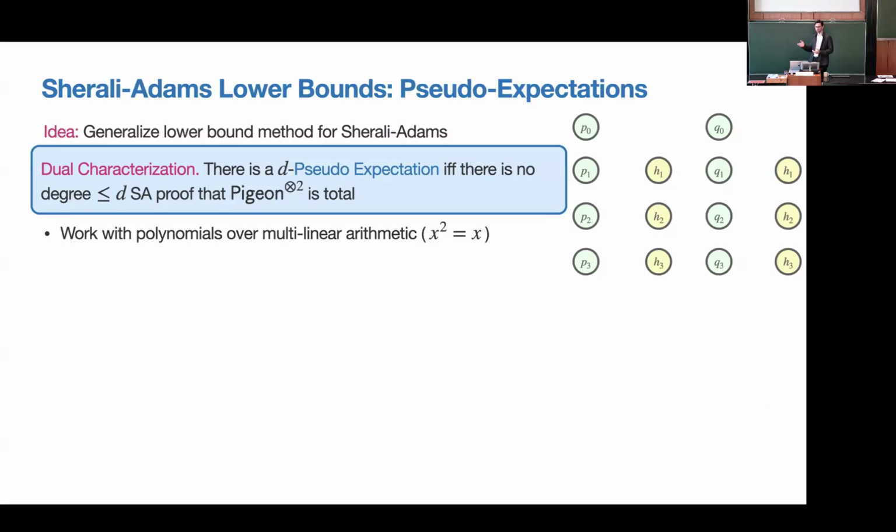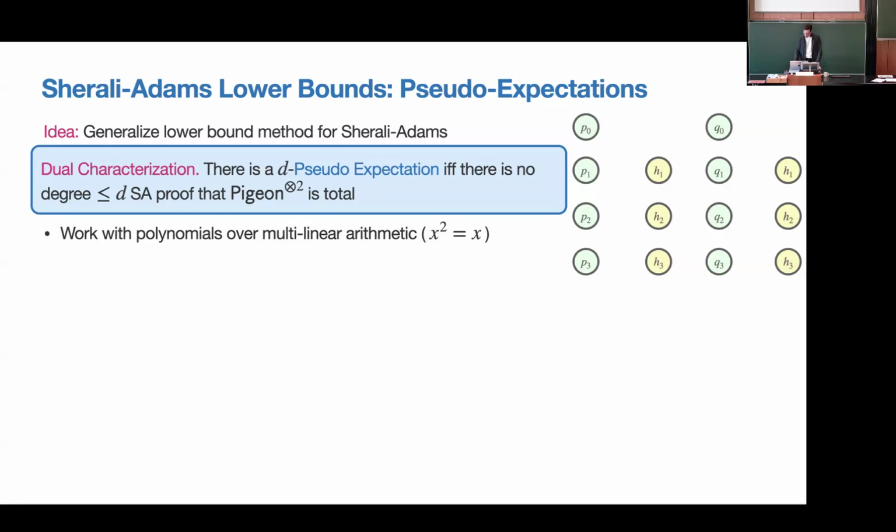That is, x squared is equal to x, so every variable has power 1 or 0. A pseudoexpectation is an object that looks like a true distribution when you look only at degree d moments. And for this pigeon squared problem, it's going to look like a true distribution over matchings from n pigeons to n-1 holes, so something that doesn't exist, but only when you look at moments